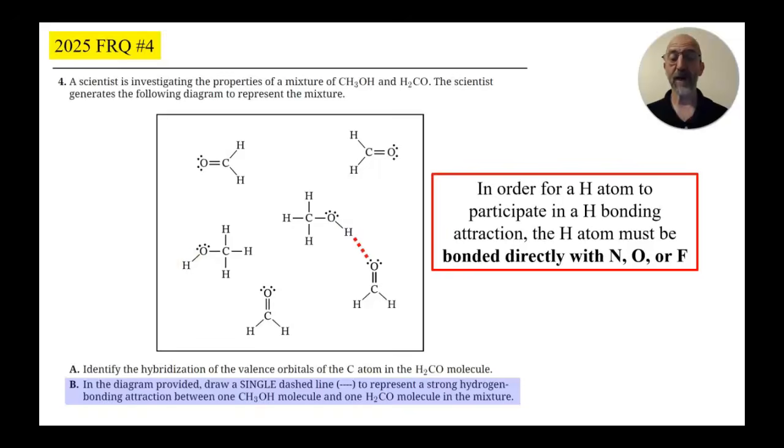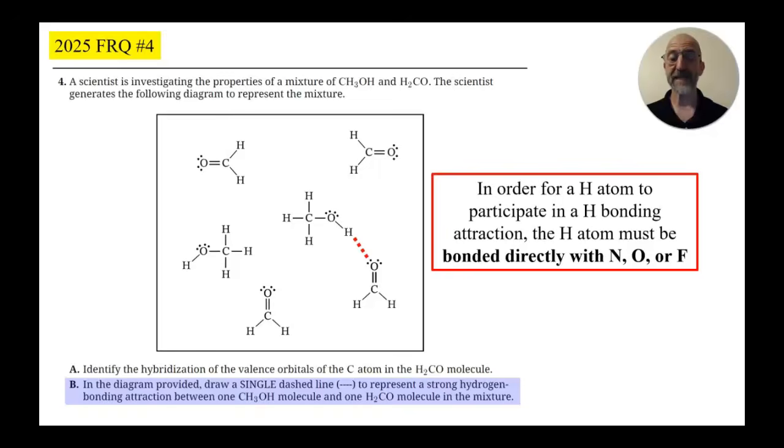So this would be correct. Again, look at that molecule of H2CO. I don't need that oxygen, the one that's the hydrogen bond acceptor, I don't need that atom to be directly bonded to hydrogen. I need the donor to be a hydrogen atom that is directly bonded to either N, O, or F. With the acceptor, I just need the N or the O or the F to be part of a polar bond. And in the CO double bond, that oxygen is part of a polar bond,